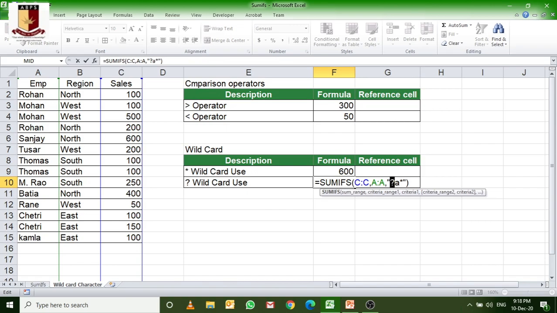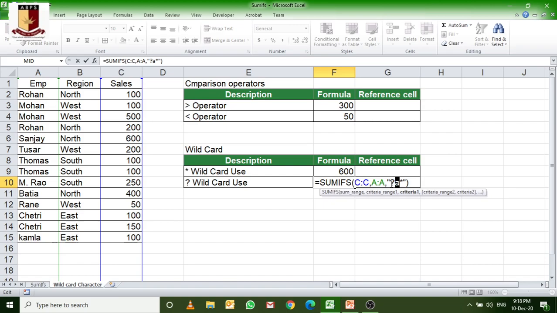The second character is A, and afterward whatever comes, that is the meaning of star. I just taught you. The first letter we skip, it will search with the help of the question mark, and the second letter must be A. So who has it? Sanjay 600, Bhatia 400, and Kamla 100. Got it? The sum of all this comes to 1150.